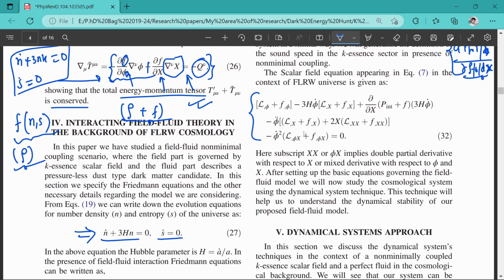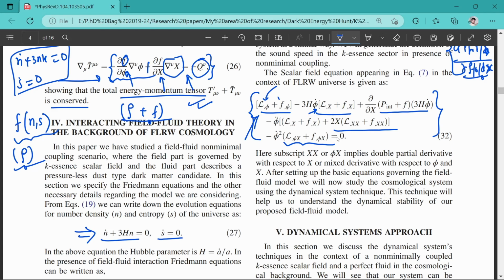If you just expand the whole term, then you will understand that the field equation will look like this one. It carries the derivative of the Lagrangian with respect to phi, which corresponds to the potential term, and again a phi dot term, and again some derivative with respect to x. You can see a lot of derivatives, like the double derivative with respect to x, and again there is a cross term present here, phi comma x, and again a second partial derivative. So there are so many partial derivative terms that the dynamics is quite out of our hand; you cannot solve this equation by hand. Either you have to take so many approximations, or it is hard to solve.